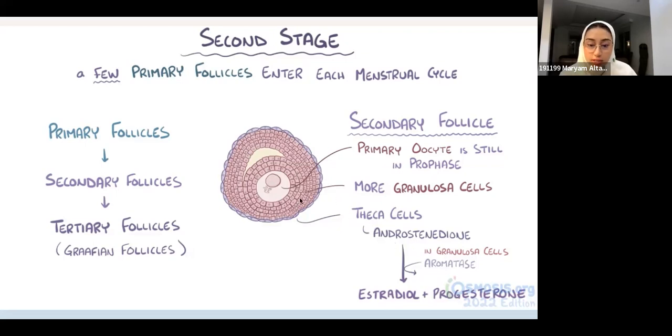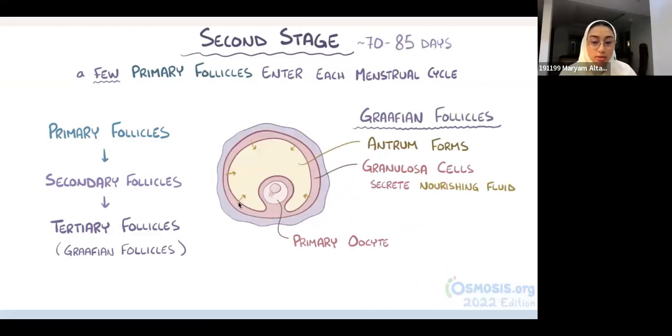And so our granulosa cells are what you guys can see here inside, okay? And our theca cells are on the outside. So the actual production of estradiol is by the theca cells, not by our granulosa cells. And so these follicles are going to keep on growing until we have something called a tertiary or a Graafian follicle. And what changes here is, again, we still have our primary oocyte that's stuck, but it starts to form